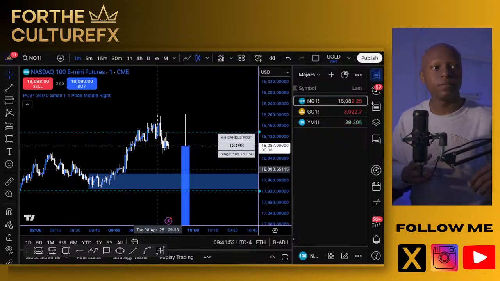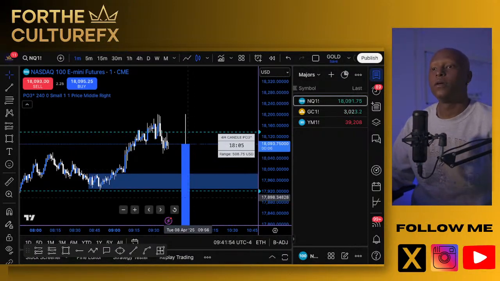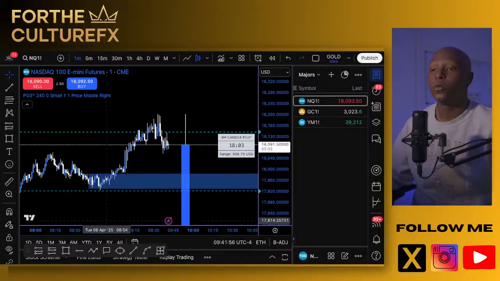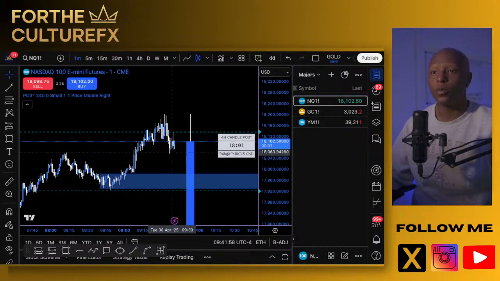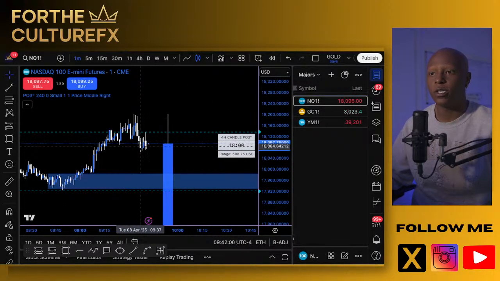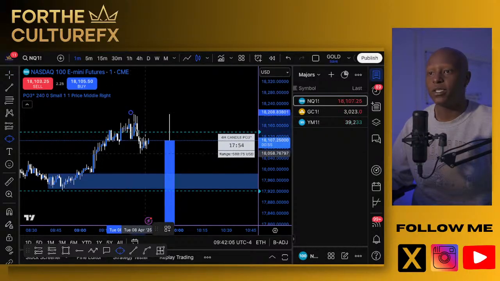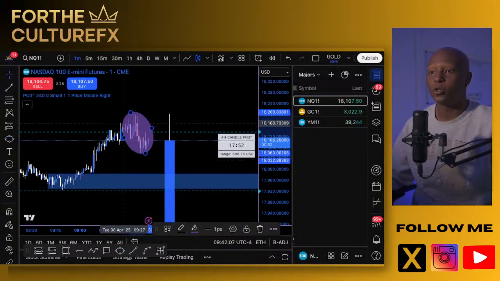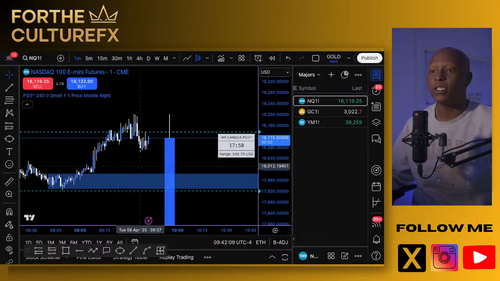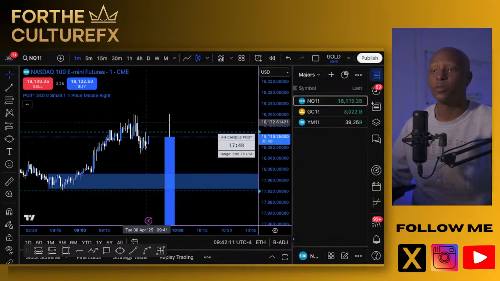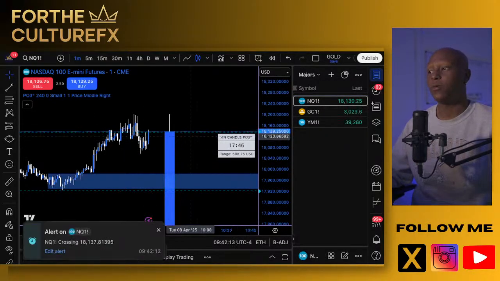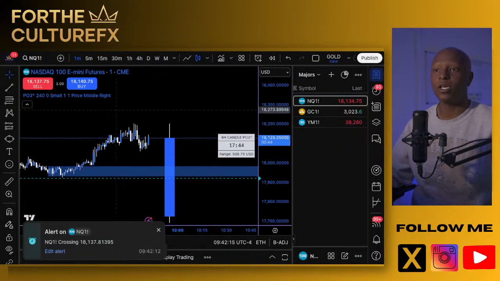So what did price do? We're in a corrective wave. Overall bullish market structure, but we're in a corrective wave. Price just created a low that broke through these lows, which means that this 1 minute time frame is now in a bearish trend, right? So we need the 1 minute time frame to now switch from being in a bearish trend to being in a bullish trend. That will be created with the creation of a higher high, possibly, and a higher low.